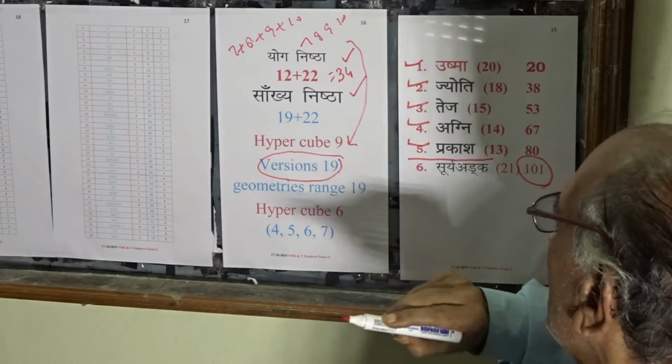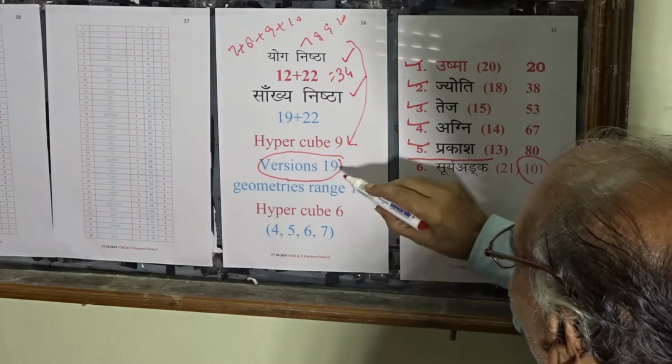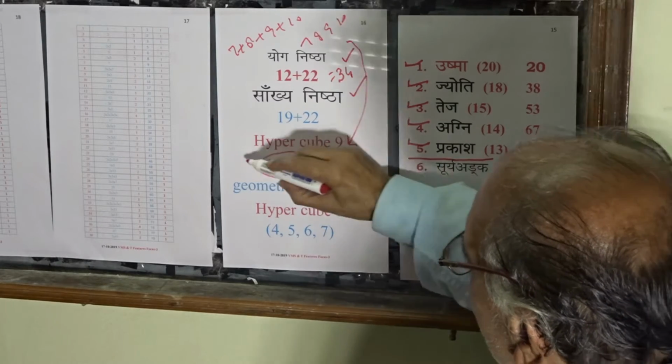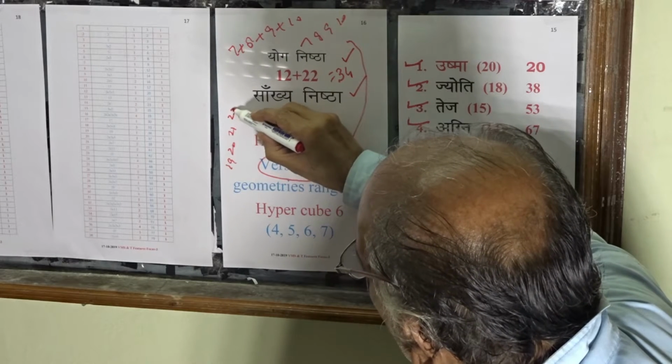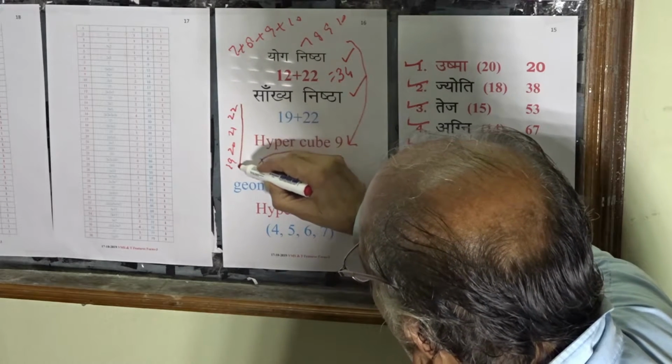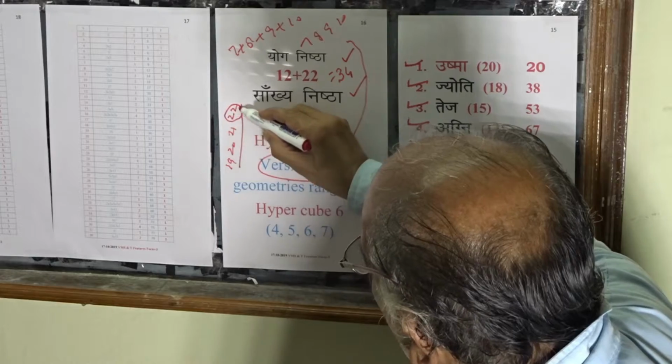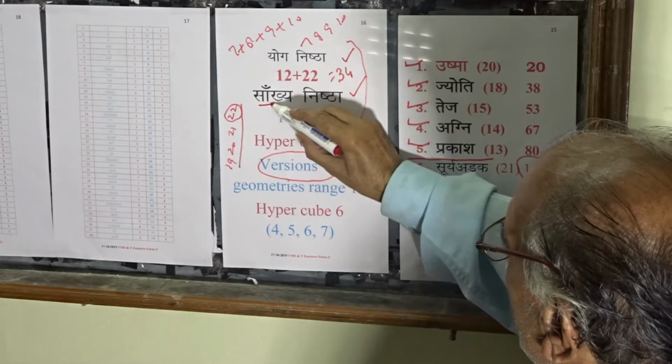These are the 19 versions which as 19, 20, 21, 22 will be leading us to 22 as an origin. It will become a Sankhya Nishtha,